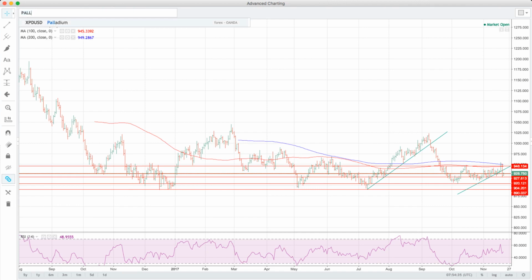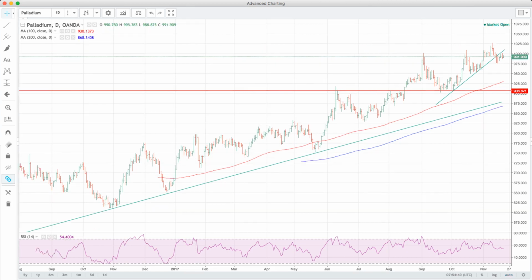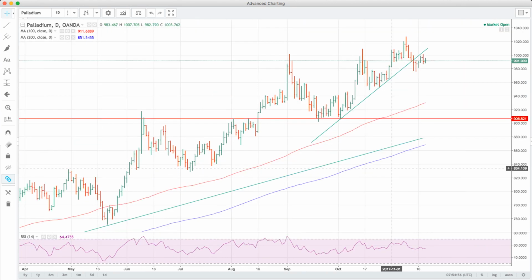Palladium, the metal everyone seems to love this year. Again, it looks from this chart like it may have started running out of steam a little bit. I've blown the chart up here so we can see just how far back the long-term trend line support runs. But in the shorter to medium term, this trend line here, as I drag it back into screen, has definitely broken now. We've had basically a whole week's worth of daily closes below it. We've also attempted to break back above it, which is a classical technical formation,